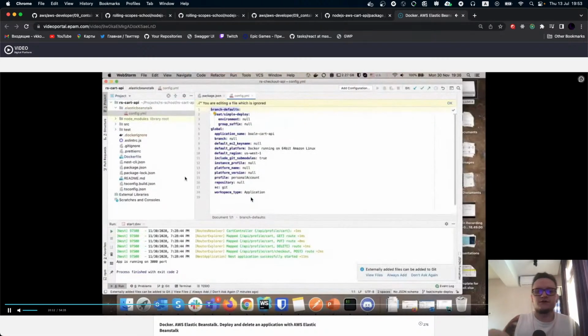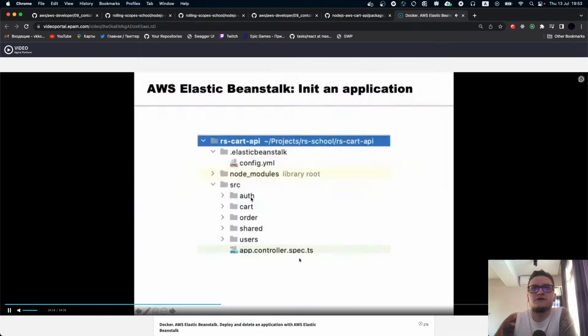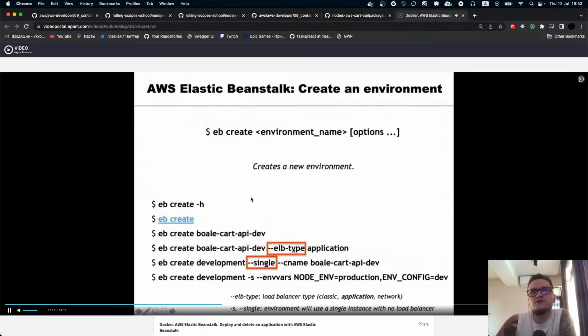Yeah, he is right now talking about the Elastic Beanstalk configuration file. When you run initialize, it will add this one to git ignore. Just don't forget to not expose this stuff. So we initialized our application, and after we've done it, we want to create something inside it. Yeah, so we want to add our application here. And here, as you can see, he's talking about the flags,